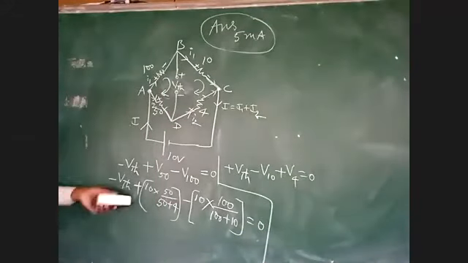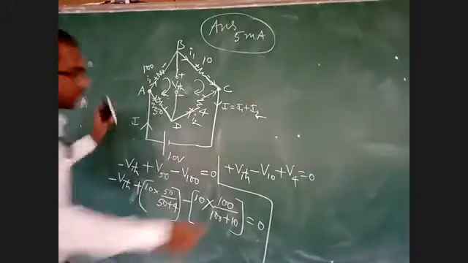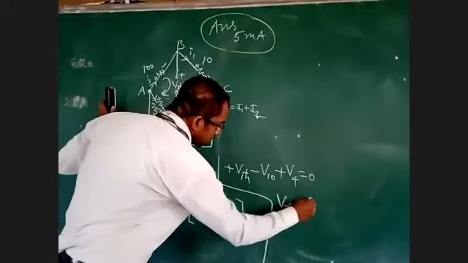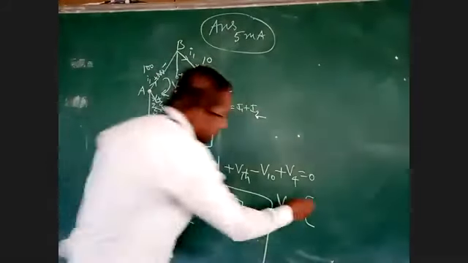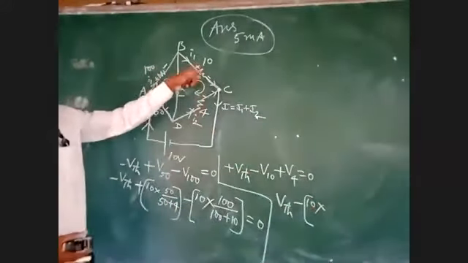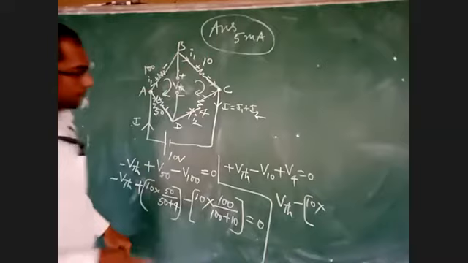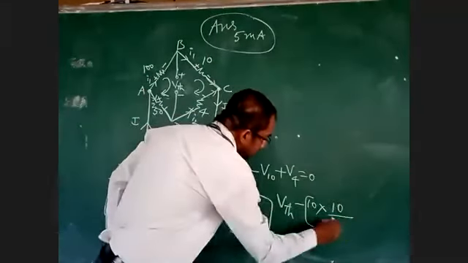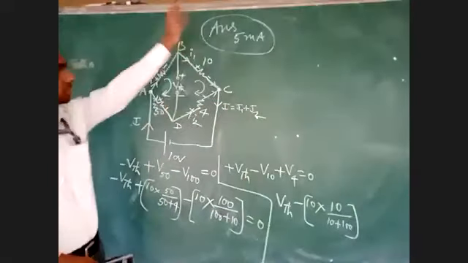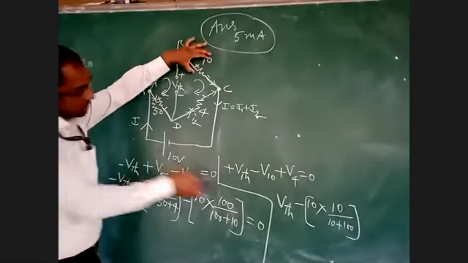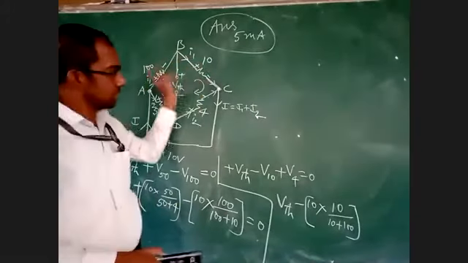From this I will get VTH within a single step. Similarly here also you can get VTH. Now see the voltage in 10 ohms. Total voltage is 10. I am determining the voltage in 10 ohms, which is equal to total voltage 10, same branch resistance is 10. For 10 ohms, what is in series? 100. 10 and 100 are in series.